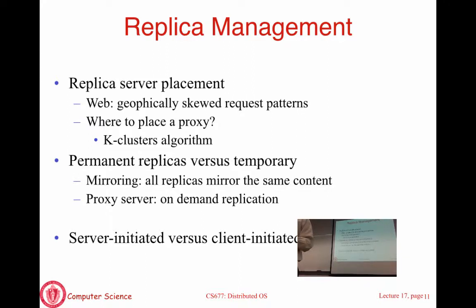If all the replicas are in one place, users that are far off will see a long latency to get to your servers. Let's say you are a very popular social media application or game. You put lots of servers, but you put them in one location. So you have enough server capacity to satisfy all your users, but some users are nevertheless going to see poor performance simply because the network distance to send your packets to the servers is large. So for these reasons, you may want to do geographic replication. There are many different issues that come up. How much to replicate? Where to put the replicas? How to spread them based on where the users are? All of these issues we'll talk about when we talk about the web.